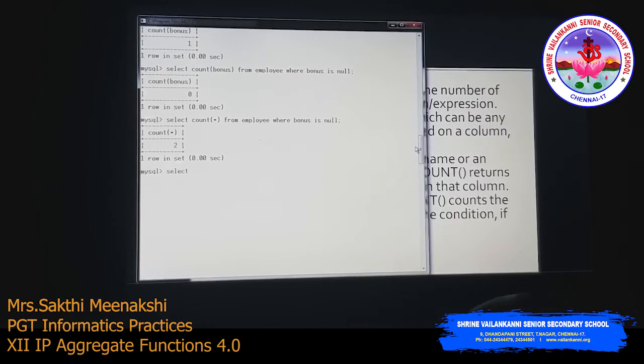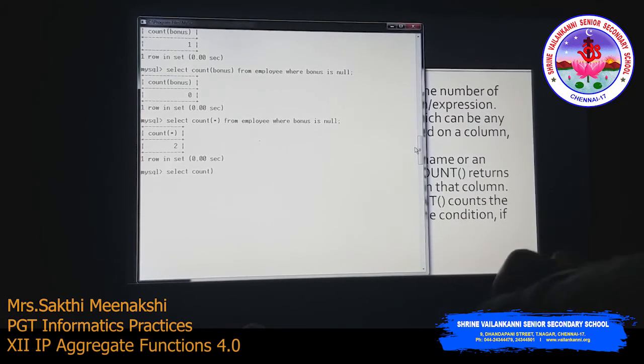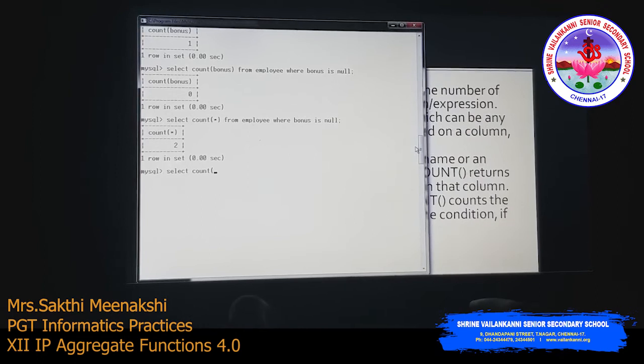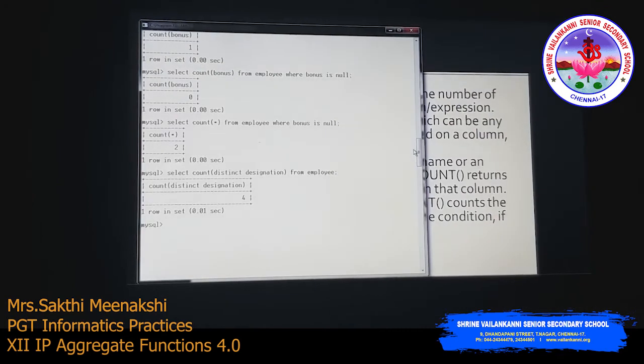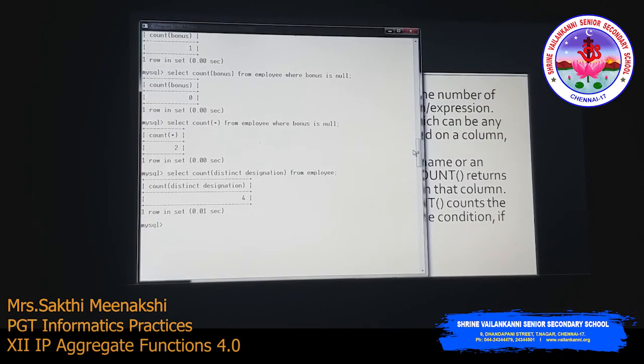Select count of distinct designation from employee. So we have 4 different designations.